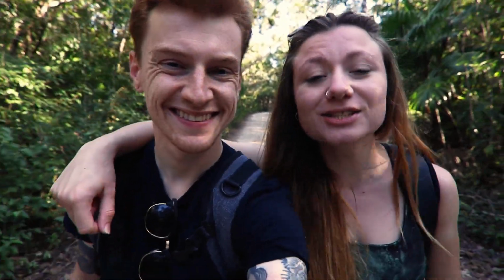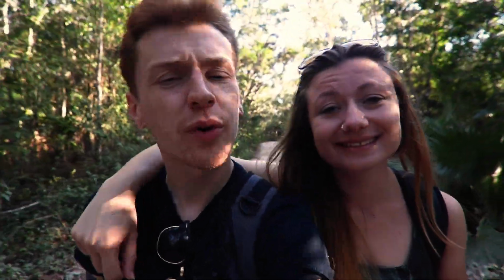I've had a great time at these two cenotes today, but it isn't over yet. We're heading to one more tomorrow, and this one's going to be a little bit different because it's inside a cave. So we'll see you tomorrow. It's not tomorrow, it's actually a few days later. We're time travellers. Unfortunately, it rained all day on our last day in Tulum, so we couldn't go to the